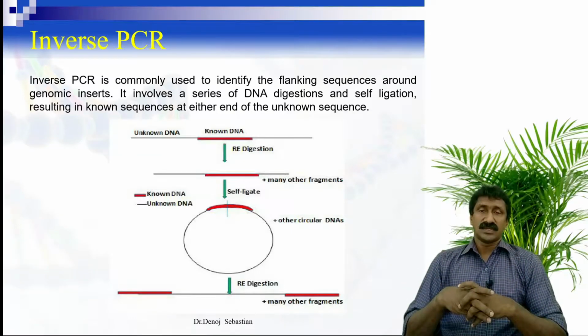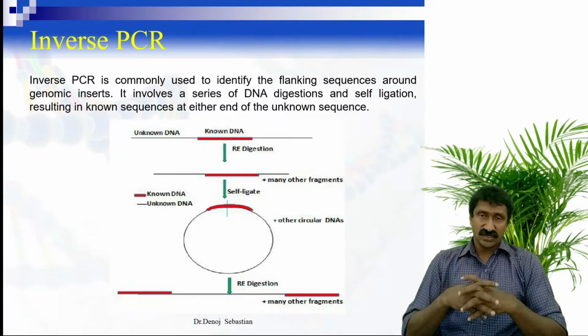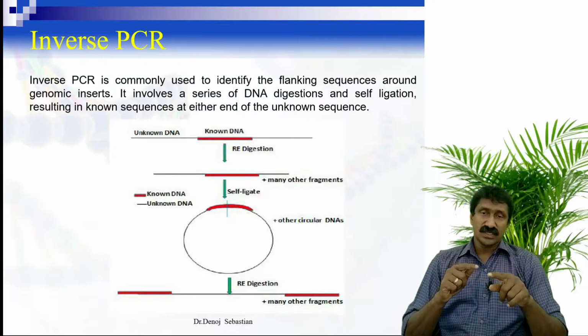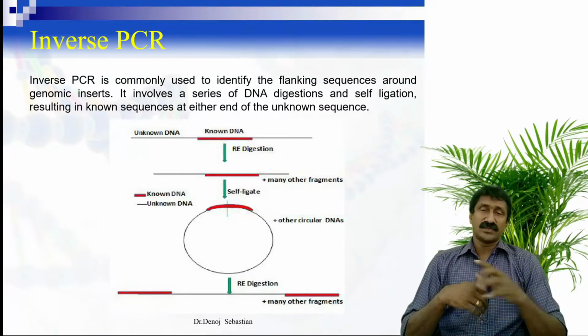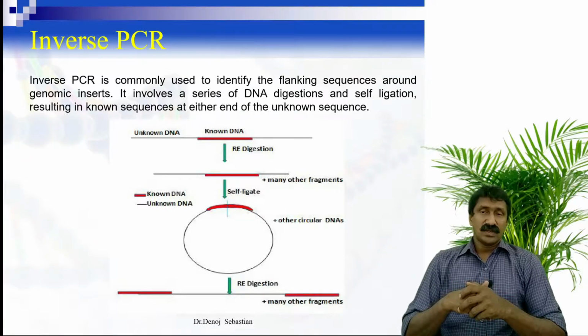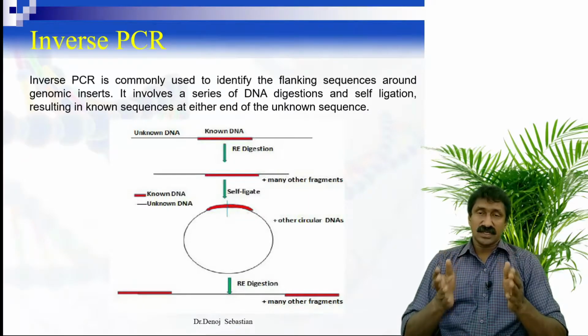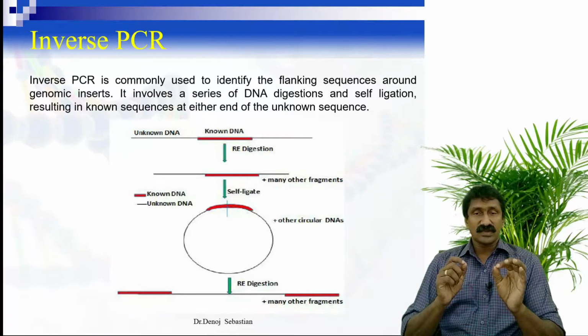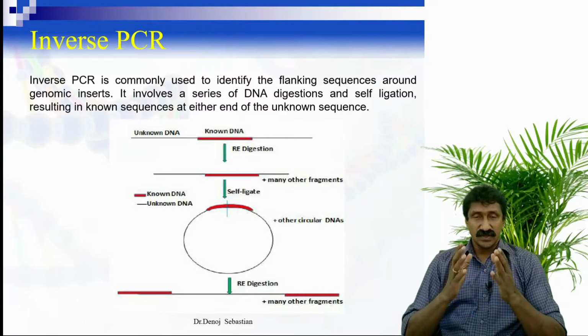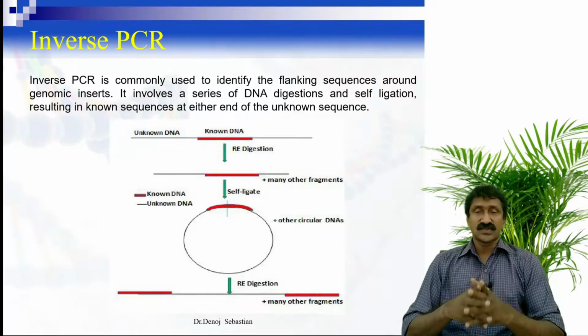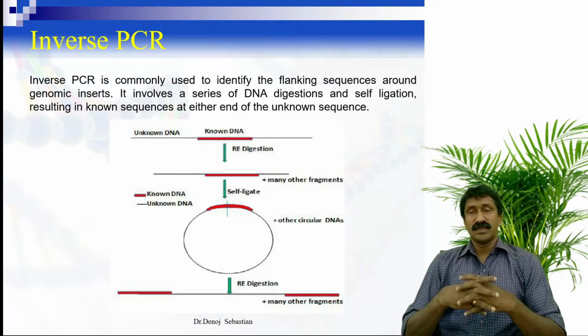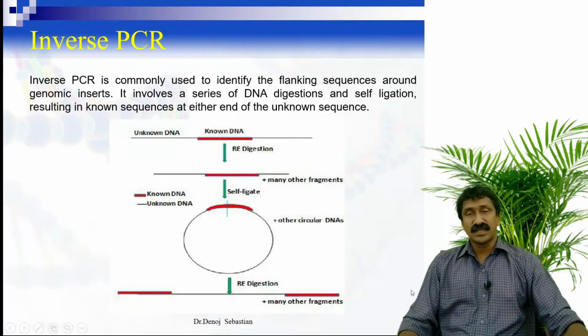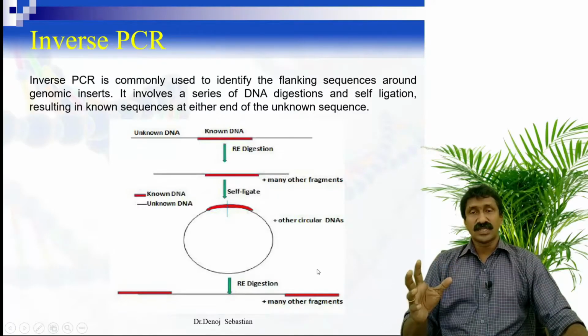a circularized rDNA construct. And now your unknown sequence is circularized in combination with that known sequence. Usually in the known DNA construct that is inserted in between the unknown DNA, there will be a restriction site. And if you are targeting that site with the concerned restriction enzyme, the circularized DNA construct will now be linearized, and that linearized DNA will have such a structure in which on both ends we will have the known sequence,